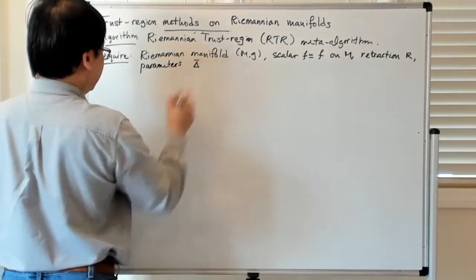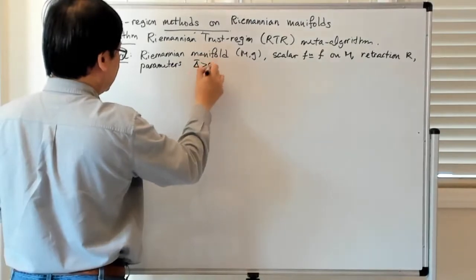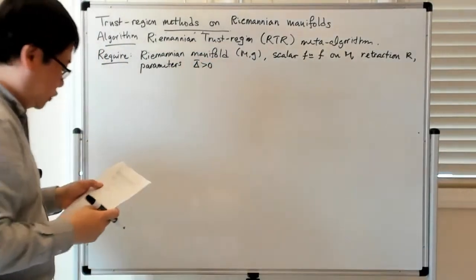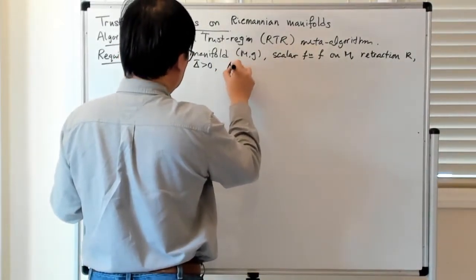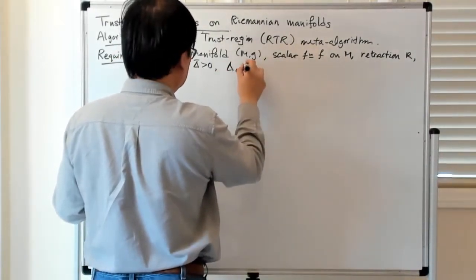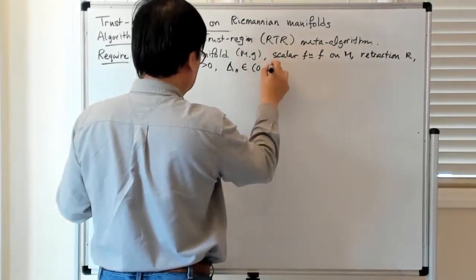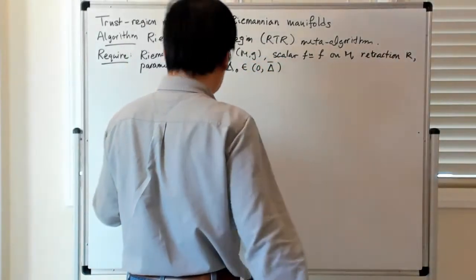Let's say delta bar greater than 0. So delta bar is going to be the maximum trust region radius you allow. There's some initial trust region radius, delta 0, which is in the interval from 0 to delta bar,